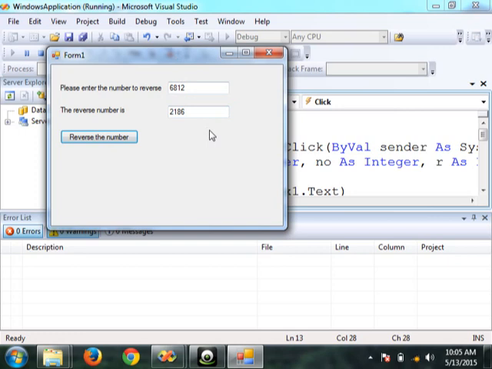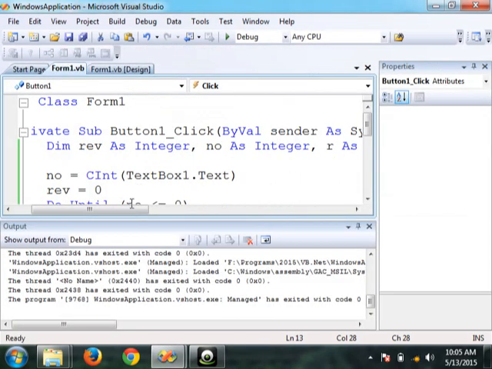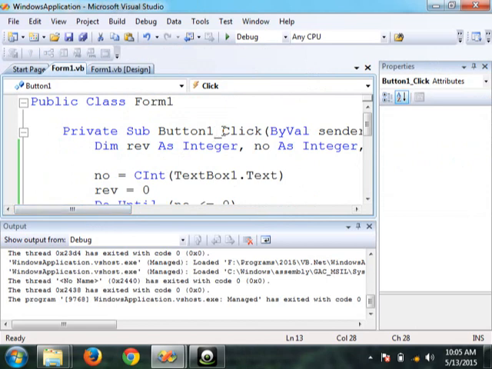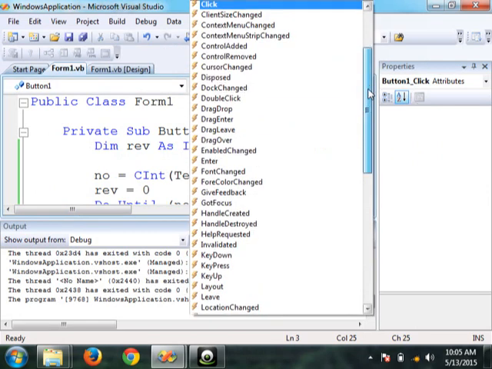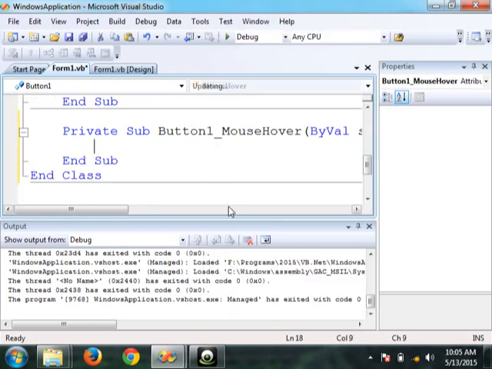Until an event occurs, nothing happens. Similarly, I will just show you an example of a different event. Now you notice that this is the event that we are triggering. It's called click. Am I okay? Now I can change it. Let's say I can change this event to something else. Maybe I can go for something called mouse hover. Now I click on this one. See, can you see mouse hover?